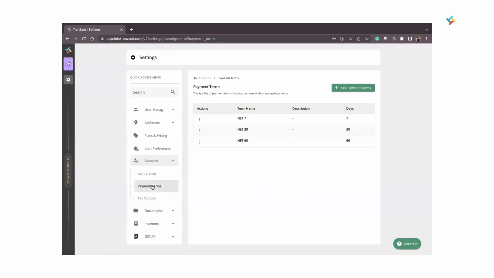Now talking about next the payment terms. So each and every company does have some payment terms regarding their buyer or supplier. So you can go ahead and create a master of the same and accordingly can use it while creating the